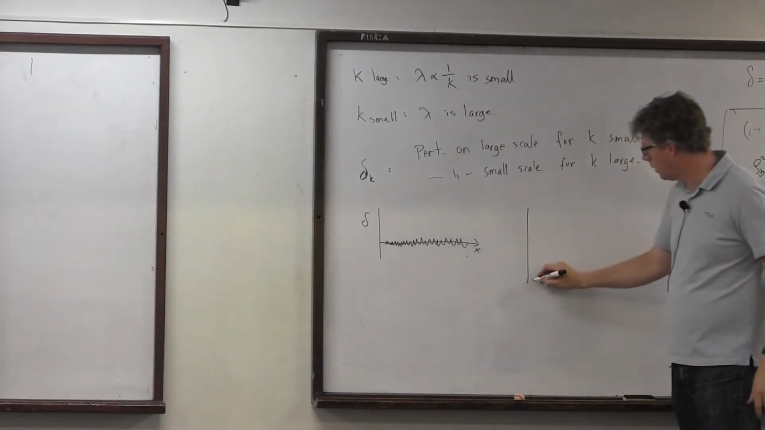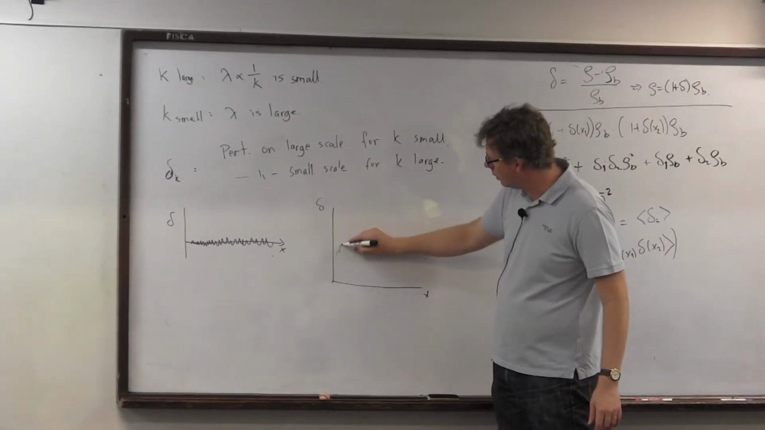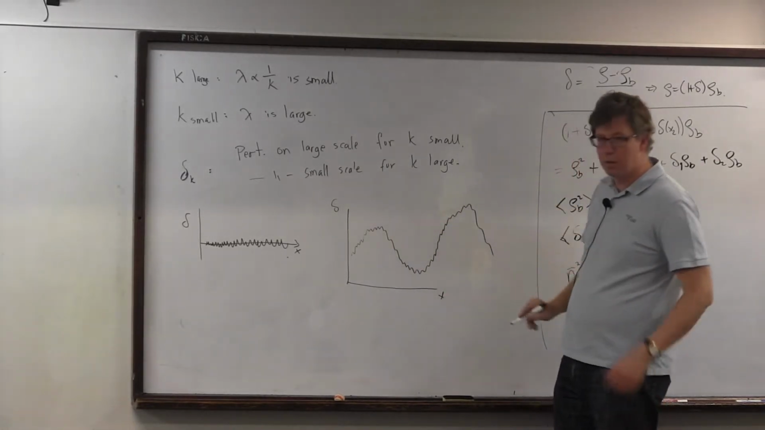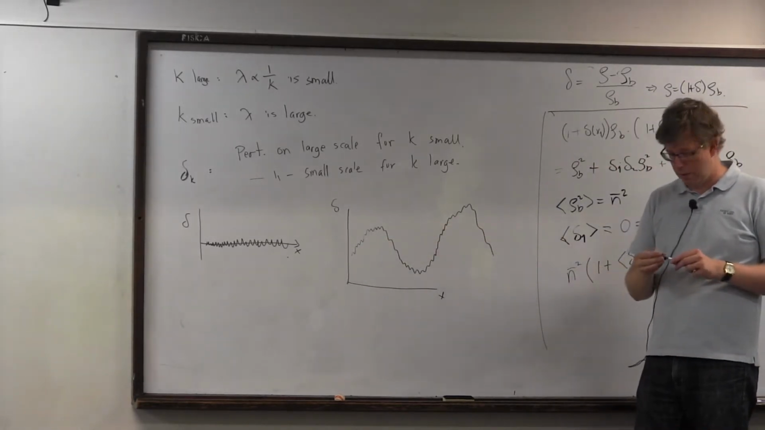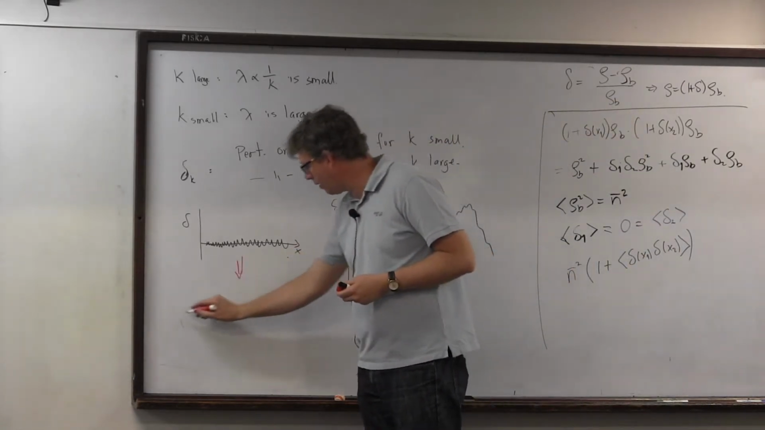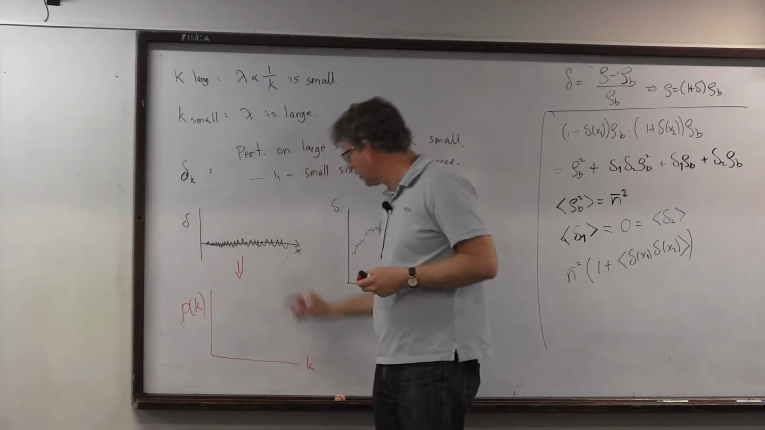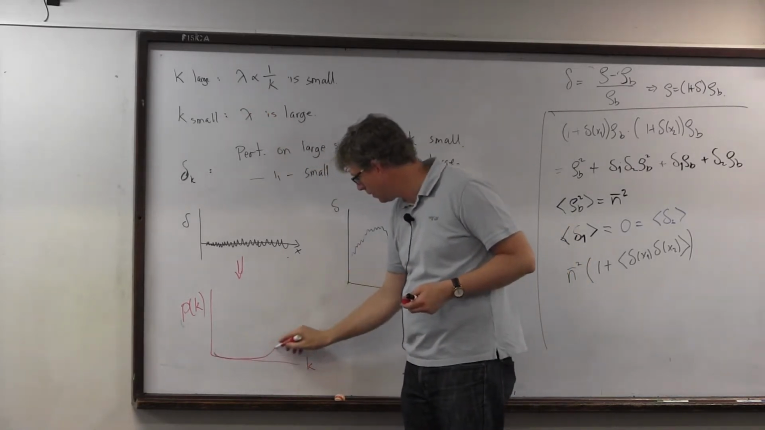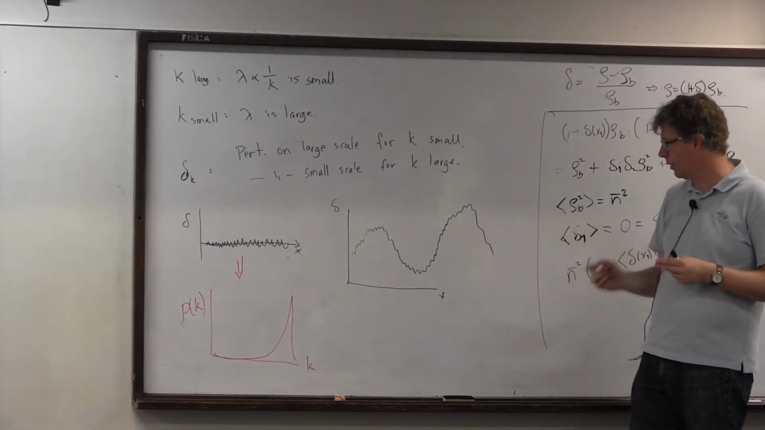If instead delta x looked like this, you see now you have a perturbation on the large scale. Okay? So this thing here would have P of k on small scale, large k. So you will have a power spectrum that basically might look like this, depending on how I drew. Whereas here,